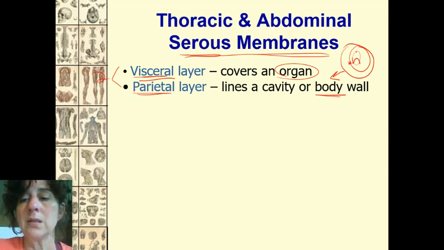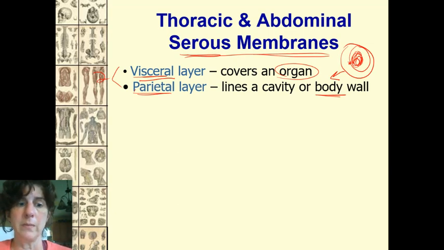So my heart is laying in here, and it has 2 layers on the outside. And then we have fluid. So you can have fluid between the heart and the visceral, and between the visceral and the parietal layers. So there's fluid in between these layers of very small amount, but there's still fluid between those. That's why it's called serous.